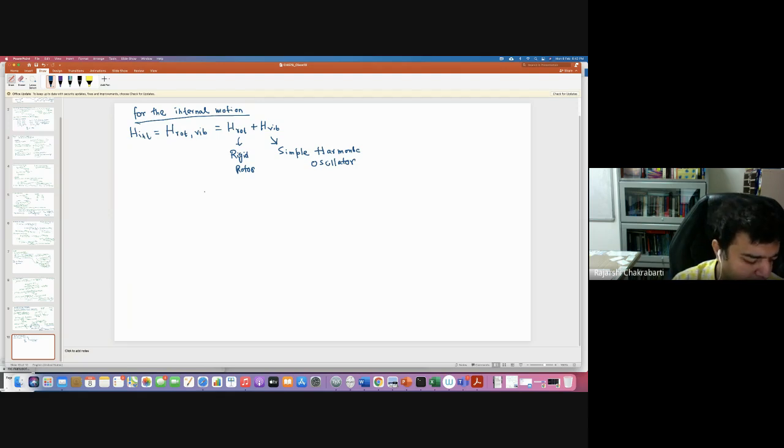Okay, and this is obvious that your energy is going to be E rot plus E vib. And this part of the partition function is going to be